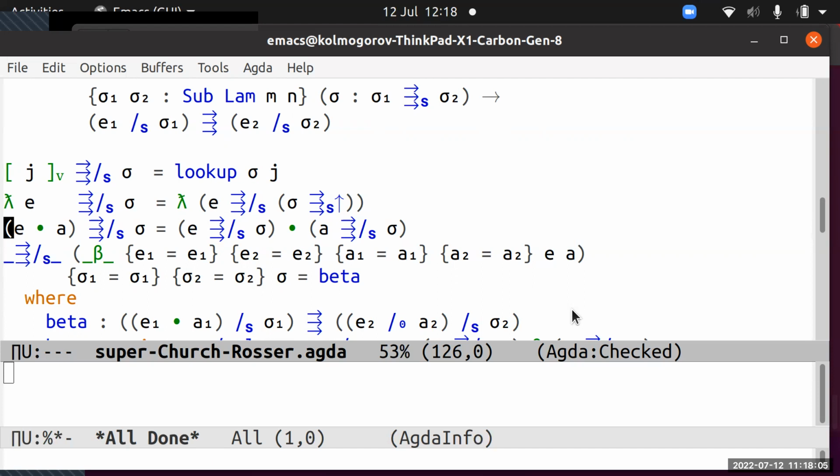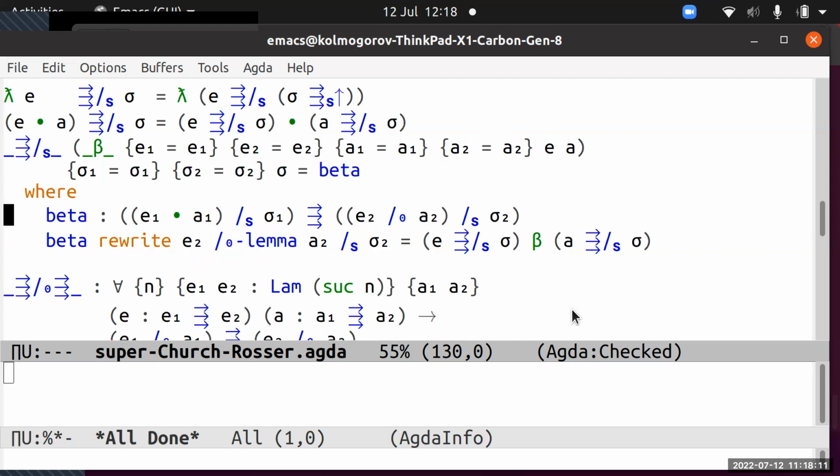And then what happens in beta? Well, here's where it gets spelt out. I substitute with sigma 1 a term which is E1 applied to A1, and I end up with sigma 2 acting on E2 with A2 substituted inside it, where all the 1s and 2s stand in the superparallel relation. So what I need to do is somehow get to see that this reduction statement is an instance of beta. And it is, modulo a bit more rewriting.